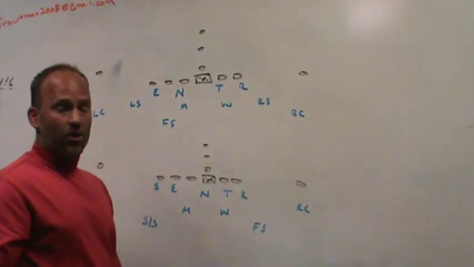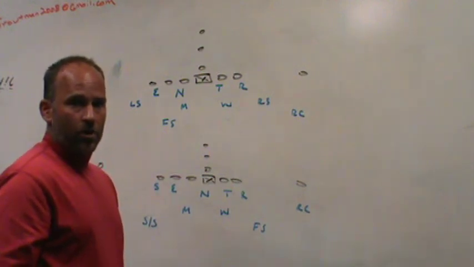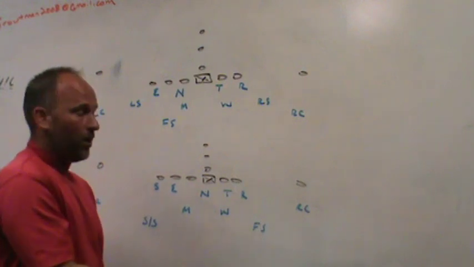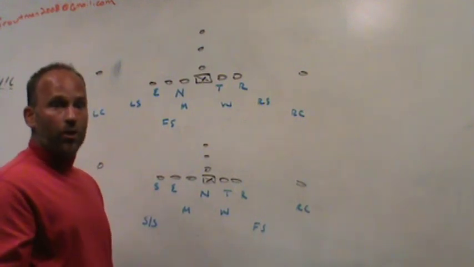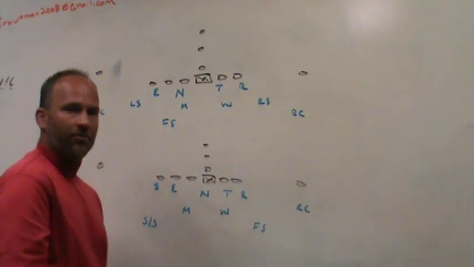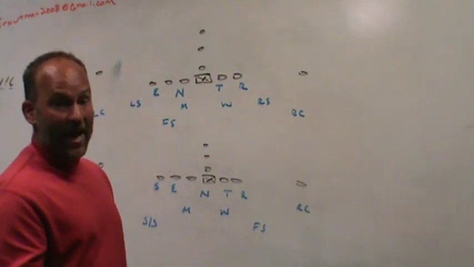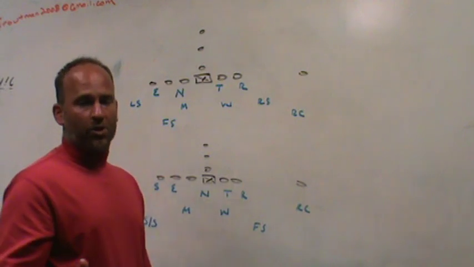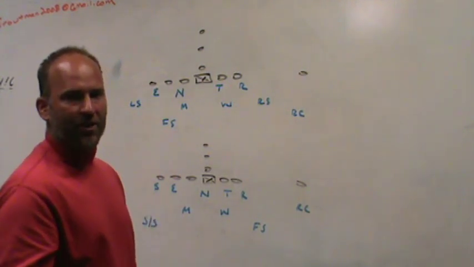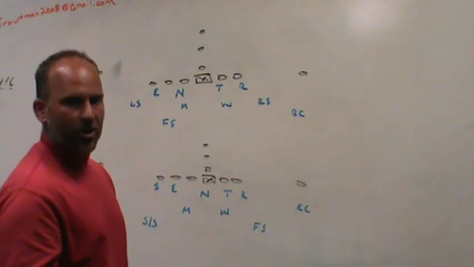3-4. Now, I still think as an offensive coach and a defensive coach, I think that this under package, okay, which is going to be one of the most standard first down run fronts you see in college and NFL, people are still going to get into the under front. And I think the 3-4, when you add in maybe some 2-gap and some movements, I think the odd front is still a more difficult package for the offense to handle, but it's only more difficult if you can get